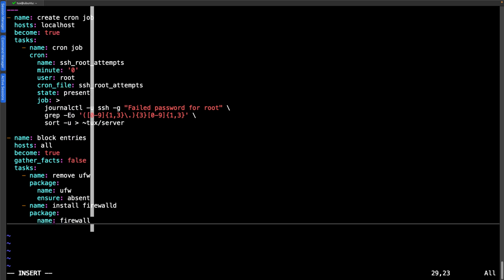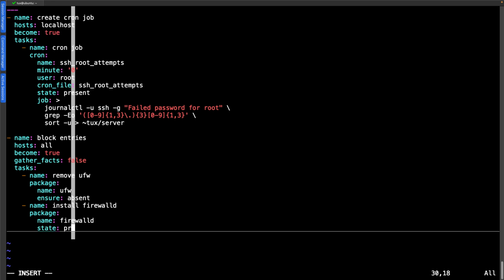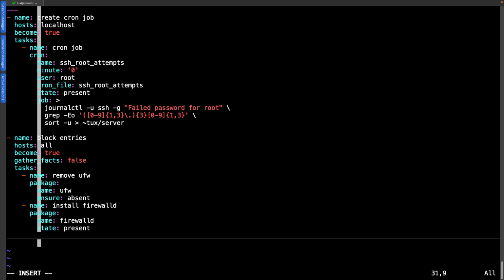So it makes the perfect firewall to run across my mixed system. Again, we're working with the package here, and here we're going to look for the state being present. So we can see the difference between the 2 tasks here. One is using ensure, one is using state. We have got an error, but seeing errors isn't such a bad thing.